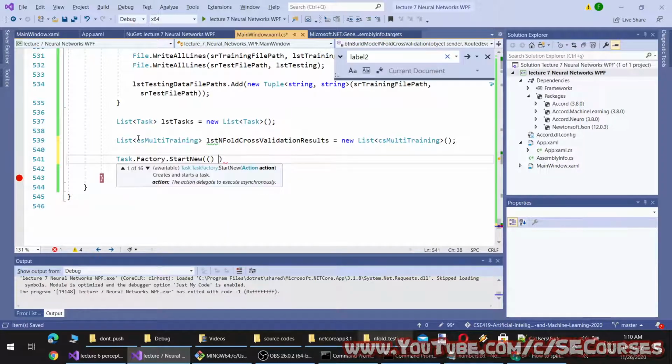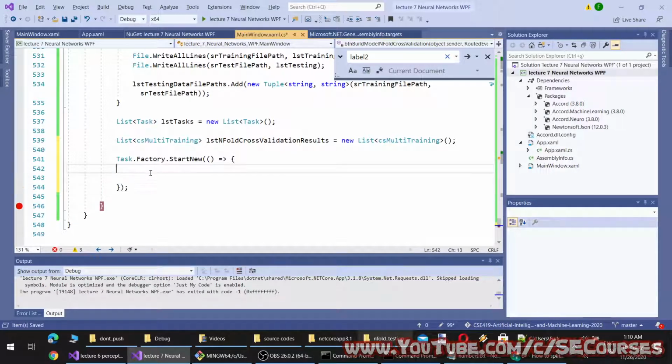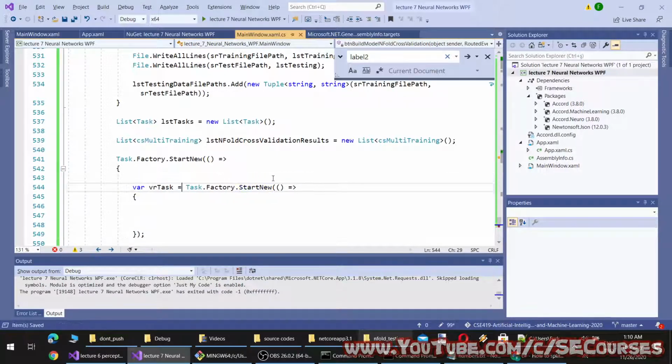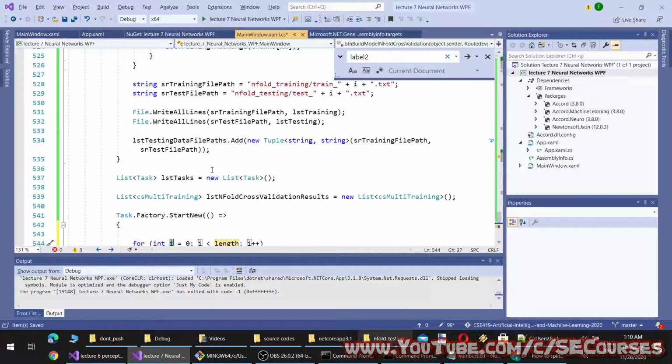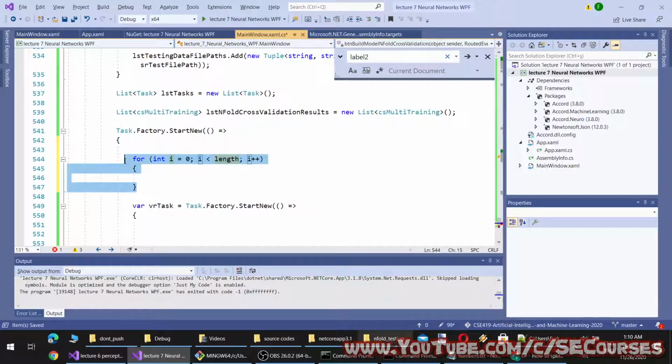I will have a Task Factory inside a Task Factory, so it will run in fully multi-threaded mode. And here I will start another Task Factory. Here task equal to like this, and this will be in a for loop, or a foreach loop, it will still work.